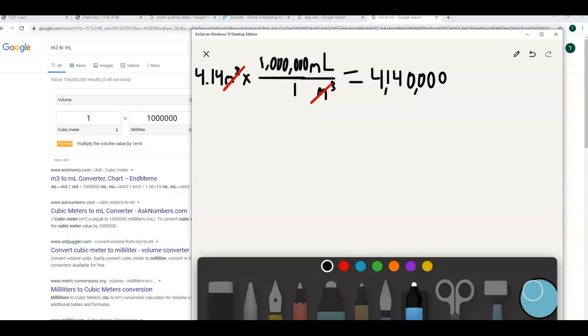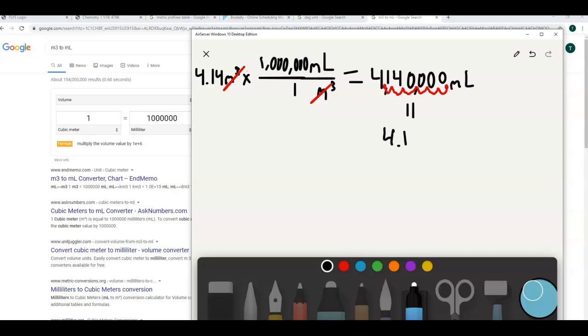So that's 4,140,000 milliliters. And again, they might want you to express that in scientific notation, so let's just do that. Again, the trick is just to create a little decimal point. If it already has a decimal, just start there. But we'll create a little decimal point, and we're going to drag it 1, 2, 3, 4, 5, 6 places over, because that would give us the number